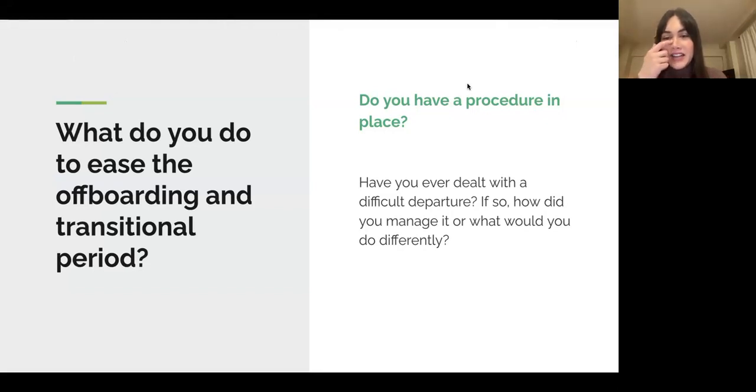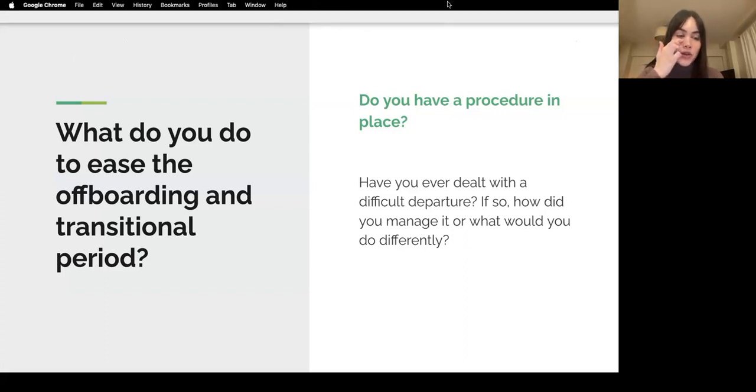I see here in the chat. Yeah, it's difficult to find trained staff. We need more transitional documents. Do you have templates for that, especially for lead guides? You know what? I don't think we have one. A great resource to add to Montessori Thrive would be an exit interview for Montessori. So we can always add that to our collection.